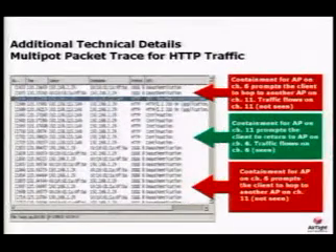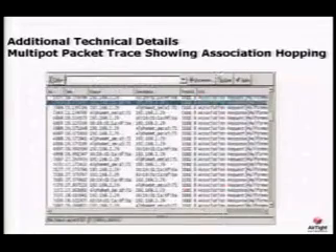So this slide shows similar data but with HTTP traffic. What we are seeing here is that the client is able to continue its web transfer even in the presence of a session containment. So this particular trace confirms our understanding that on launching a deauthentication attack, the client in a multipod scenario hops to multiple APs.